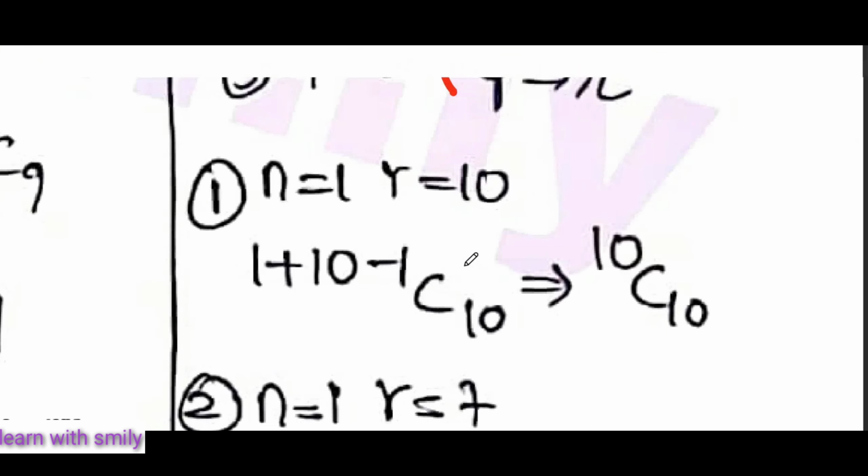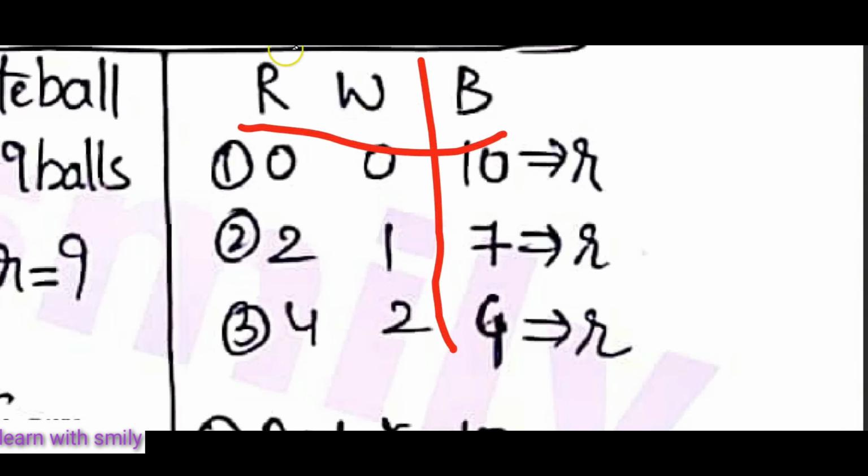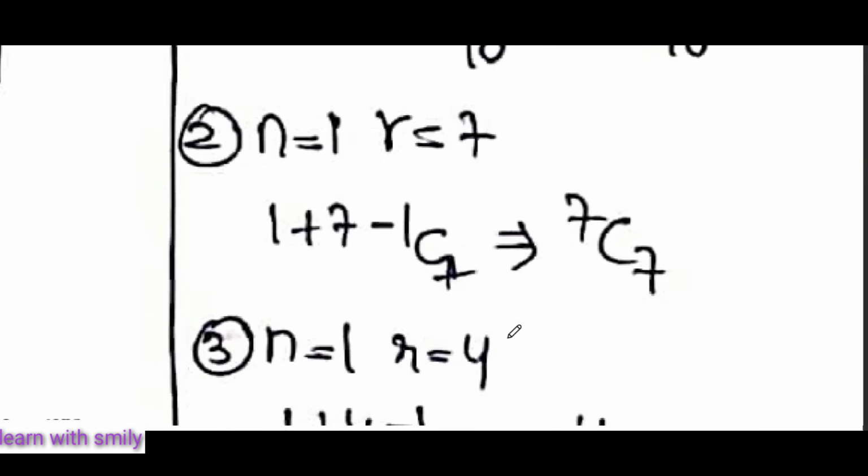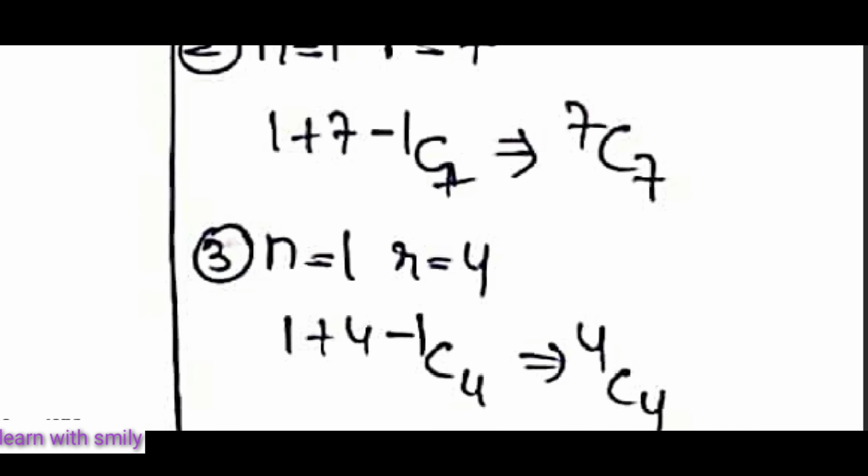Got it? Because they have already given a condition for these, we have to find the combination for only blue. So that's the reason we are considering 10 or 7 or 4 as r. If it is 10 balls then there is no need to check. If there are 7 balls, again we have to check it, right? For 4 we have to do the same. So by excluding whatever they have given and including what we have to find, we are writing n and r according to those values. Got it?